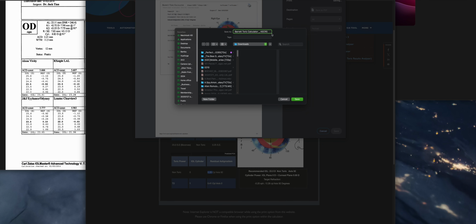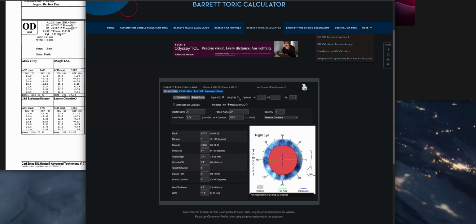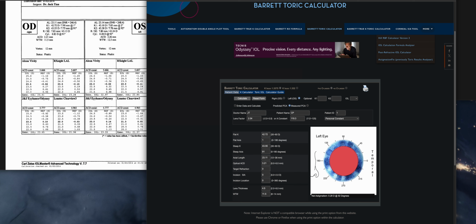I think this is the third eye we're doing. Okay. And now we go back to patient, and let's do the other eye. So left eye now. We'll slide this on over. Review that left eye. And all of this you don't have to change. Okay, we'll start again here. 43.10 to 43.38, 92,